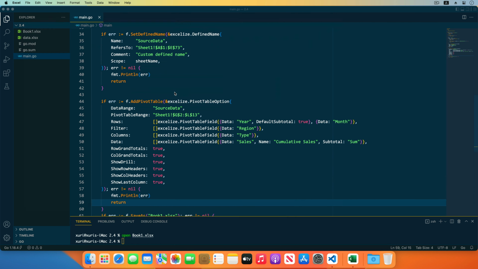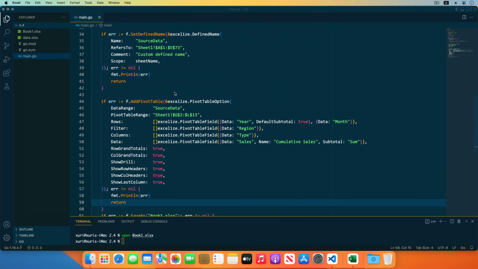Next, let's create a new pivot table to analyze the sales of merchandise by month. Duplicate the code of creating the pivot table I just written. Change the range of place pivot table in the pivot table range field. Adjust the field's order of the pivot table.